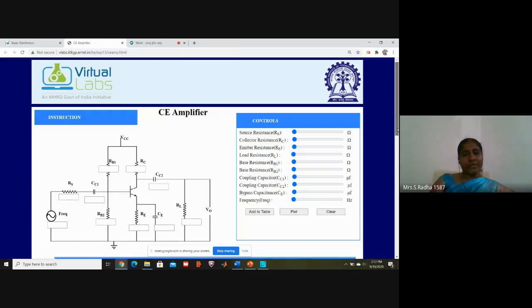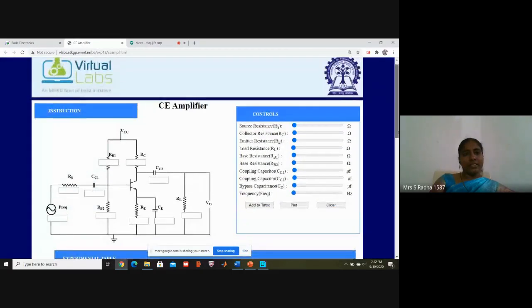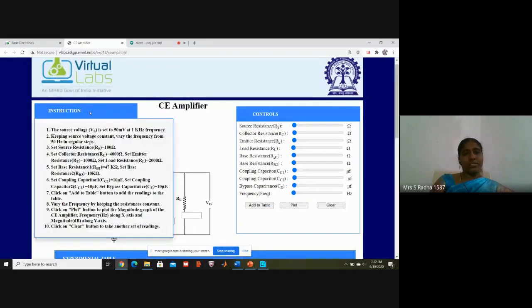So this is the circuit, and in the instructions, input is 50 millivolts, 1 kilohertz.